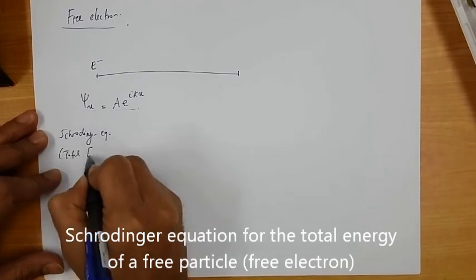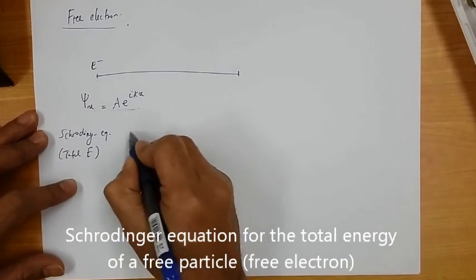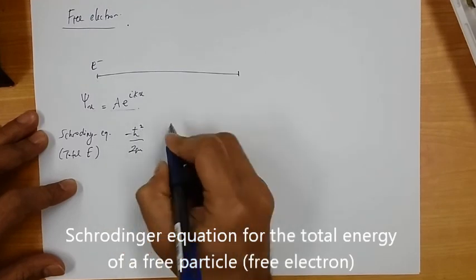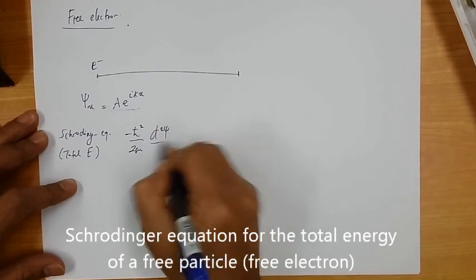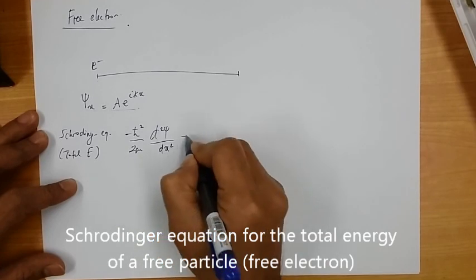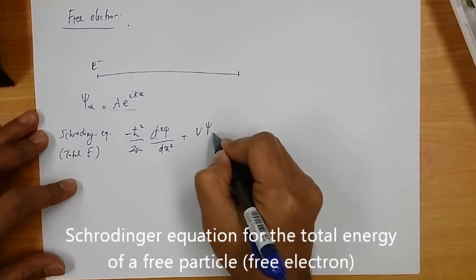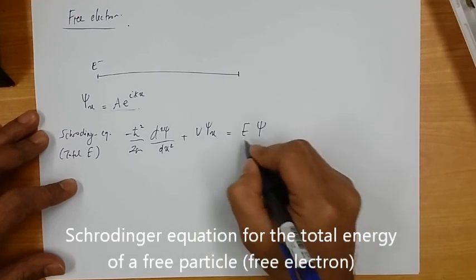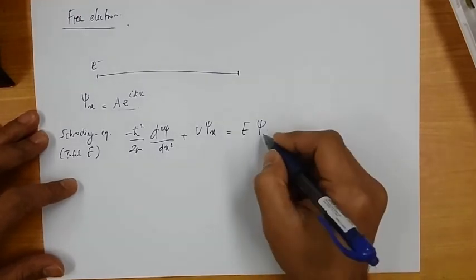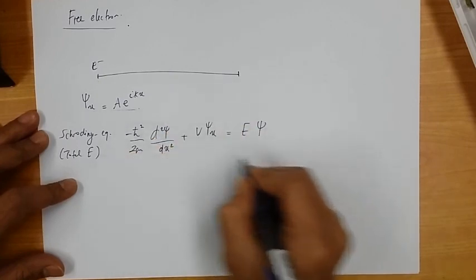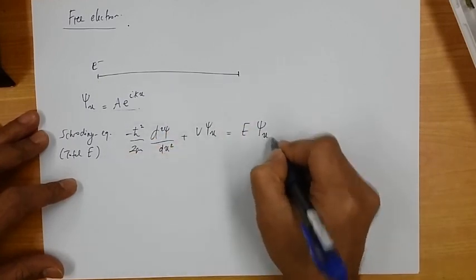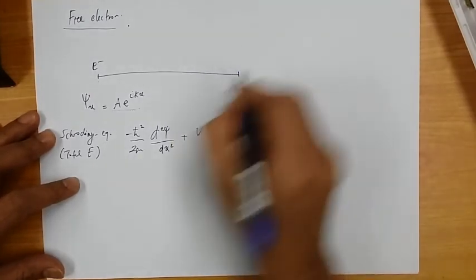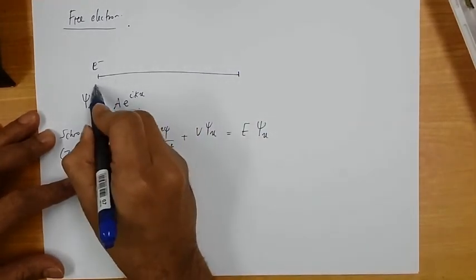Total energy operator. So this is minus h bar squared over 2m times the second derivative of the wave function, plus a function of the potential energy, equals E, a constant, or a product of the operation from the operator times the wave function again. Right, so let's just limit the condition that throughout the distance of x,